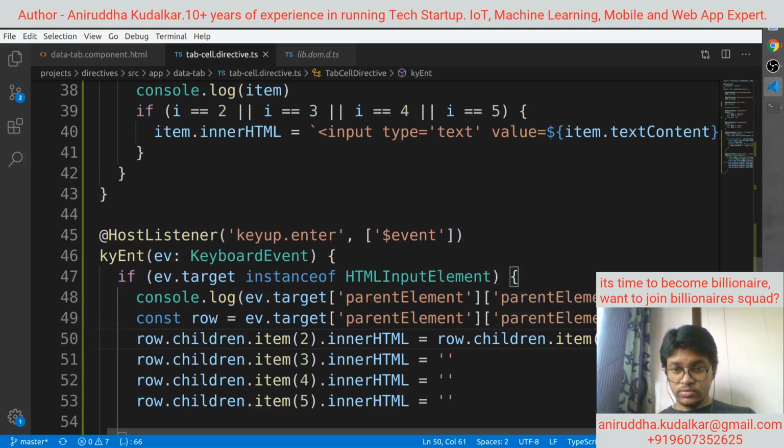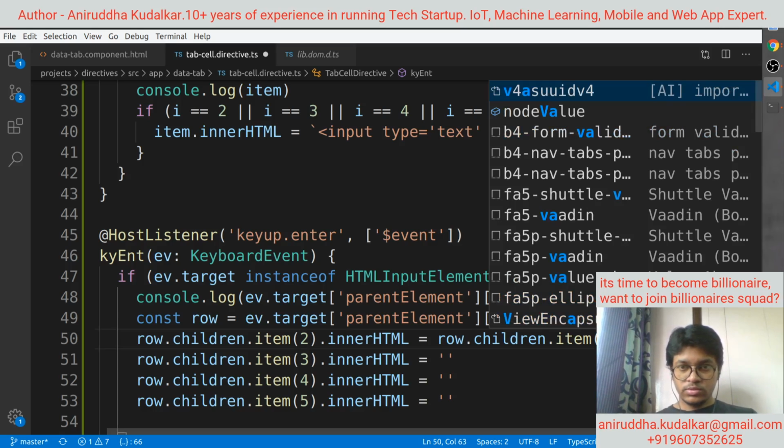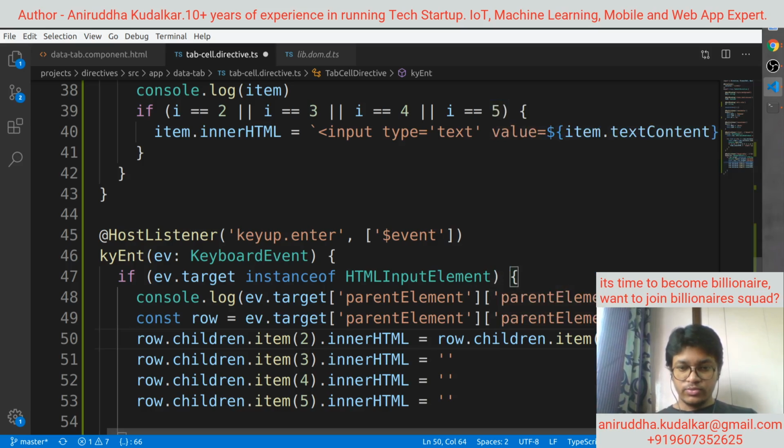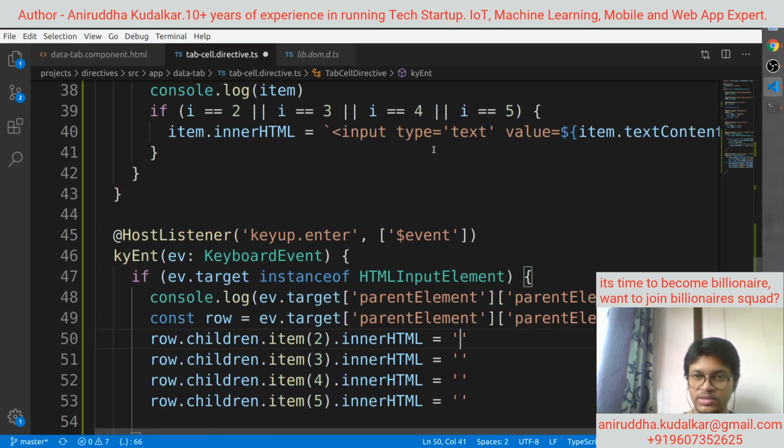Dot value. What does this 2 return exactly? I think this returns me the TD. Yeah, of course, this returns me the TD,